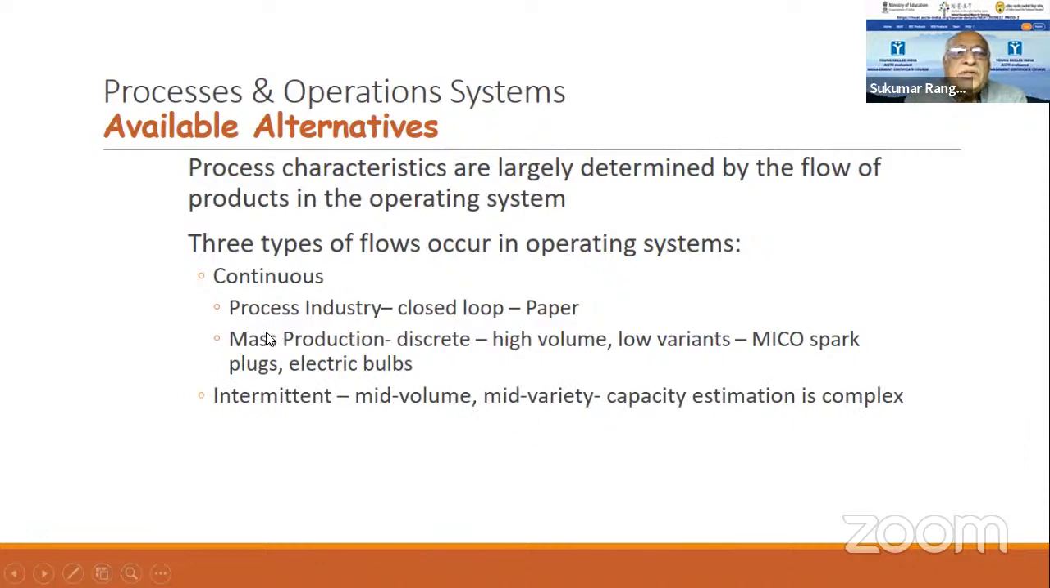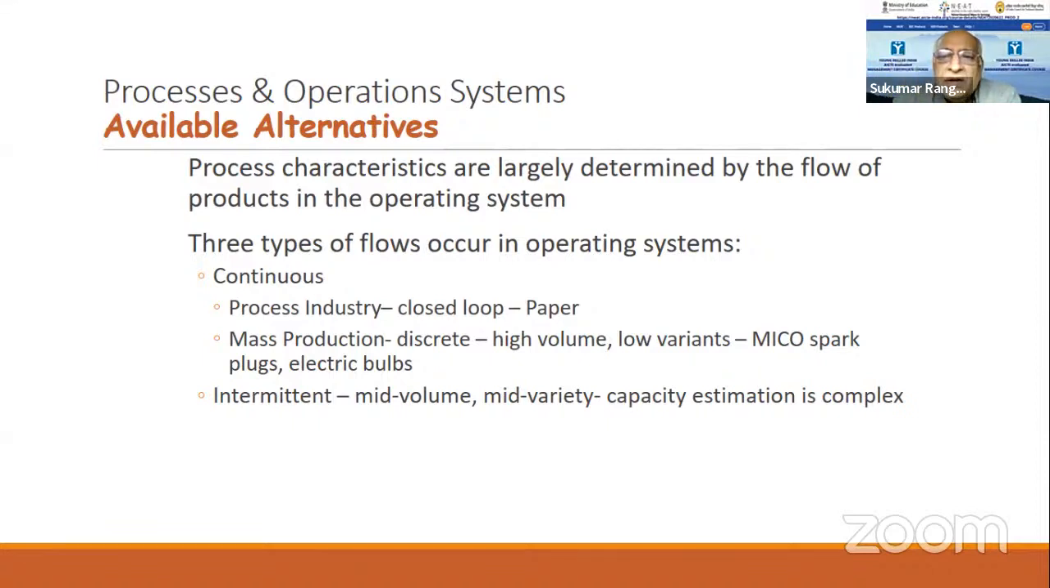Here, either it is process or discrete. So this is the difference between the thing. There is a continuous process, closed loop, or discrete manufacturing. Intermittent flow happens when there is a mid-volume, mid-variety, where capacity estimation is very complex, because